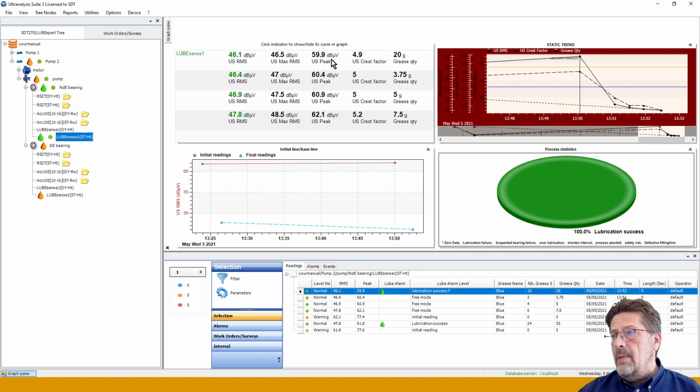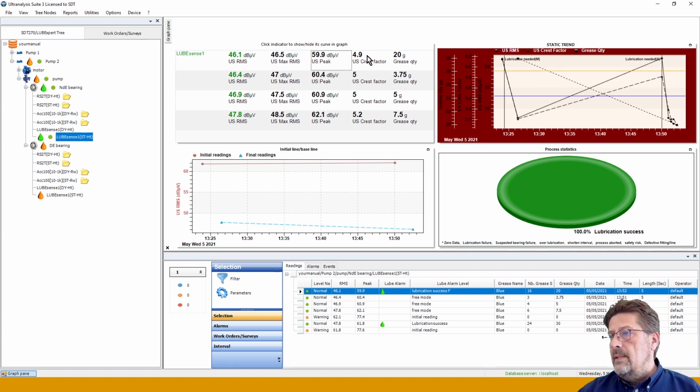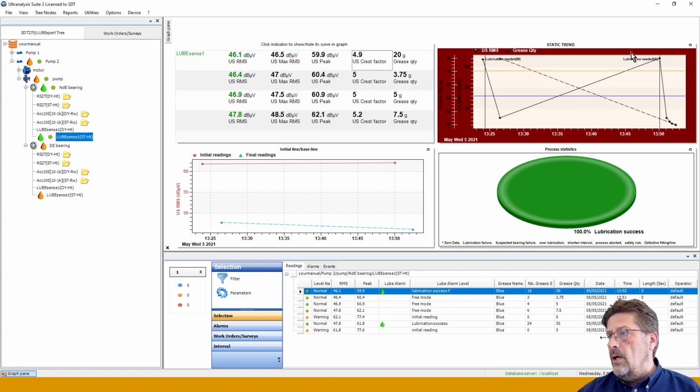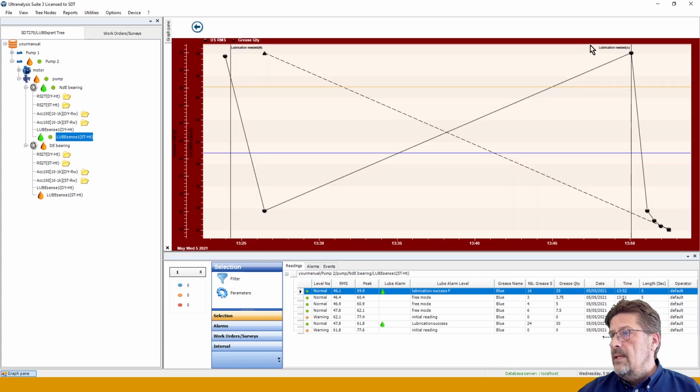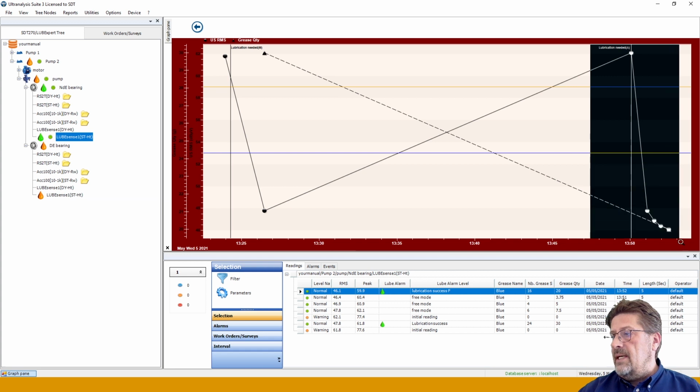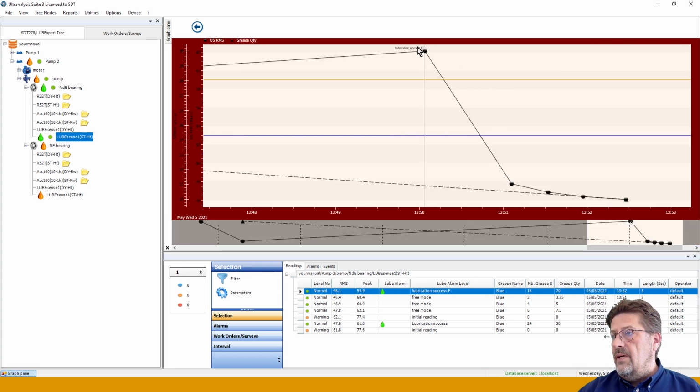UAS3. We'll just go back and okay. Now I see grease quantity and RMS. So in my second process, you can see here was my initial measurement, and there is a message automatically added: lubrication needed. So the first time we didn't have that because we didn't have any alarm. Now we have alarm assigned, so LUBExpert automatically decided a lubrication is needed, and you can see that fact in